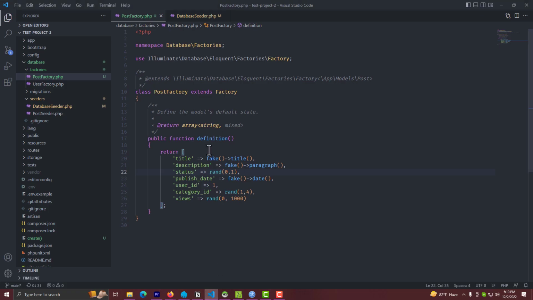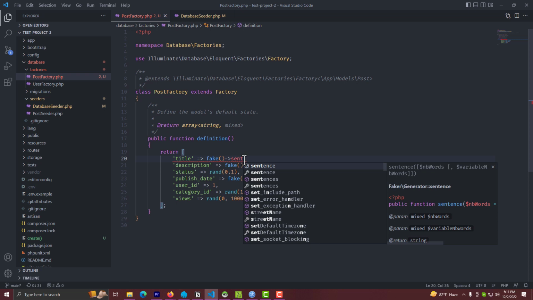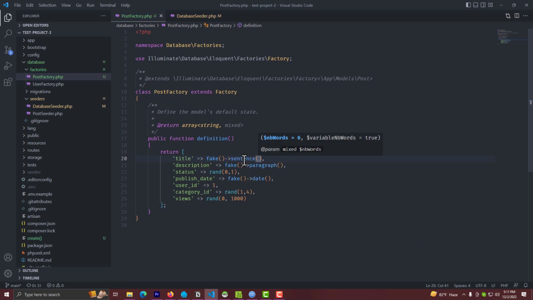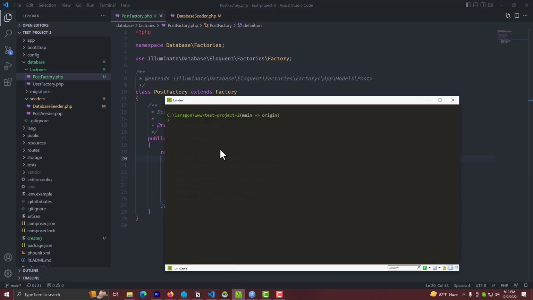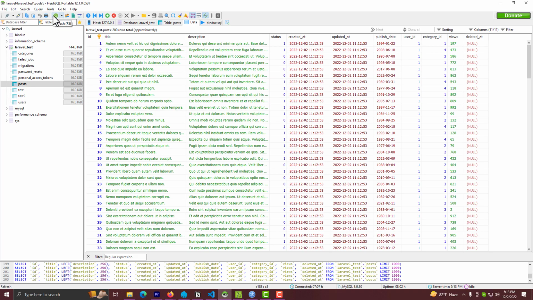Now we will go to our factory again. Instead of title we will say, let's say, sentence. That will create a sentence for us. So that's it, that will generate a string for us. Now we will go to our terminal again and run php artisan db:seed again, and enter. So the database has been seeded. Now if I go to my db manager and refresh, you can see